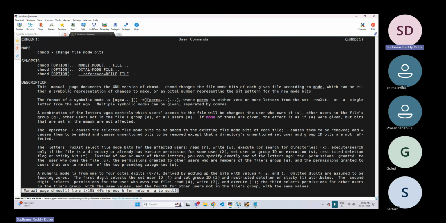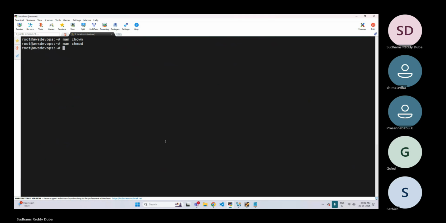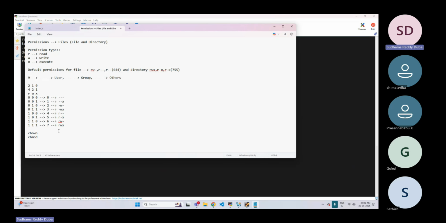Here we can see effective uses are read, write, and execute. Now let's go and see. For example, I have a requirement. And one more thing, just understand there are three different symbols. Plus in the sense to add. Minus in the sense to remove.